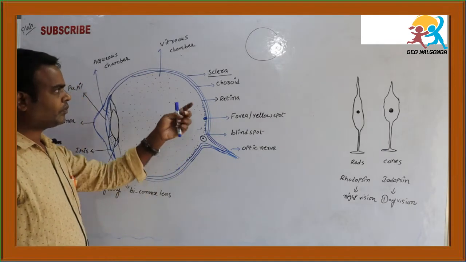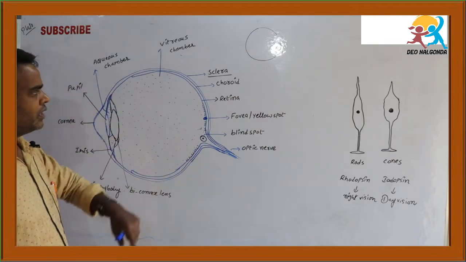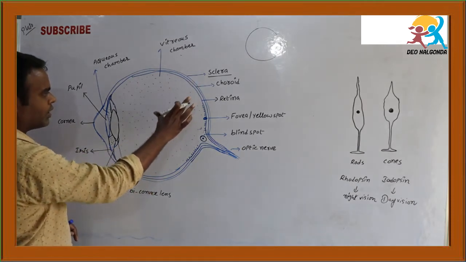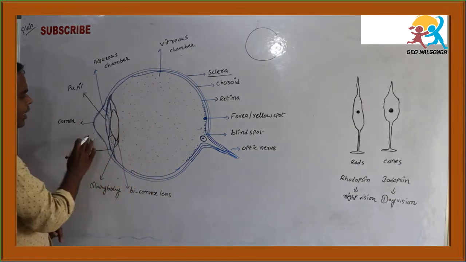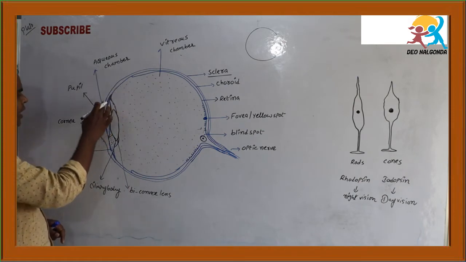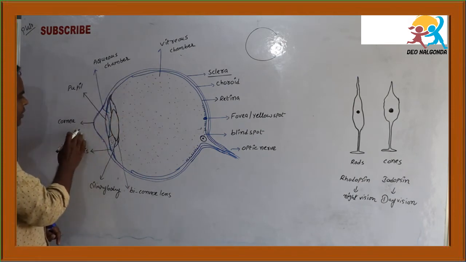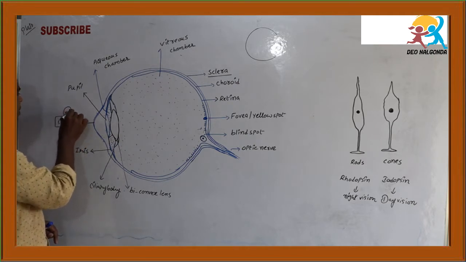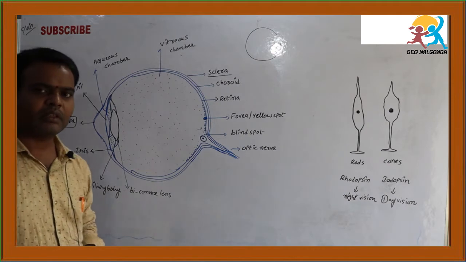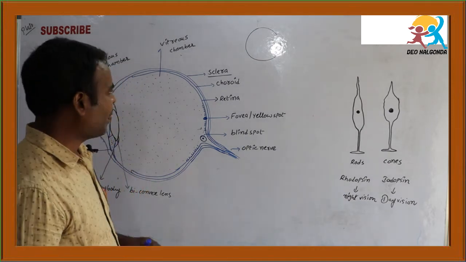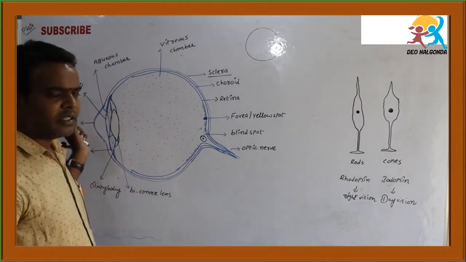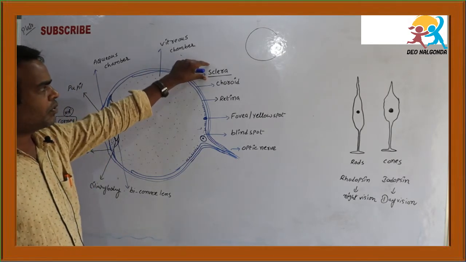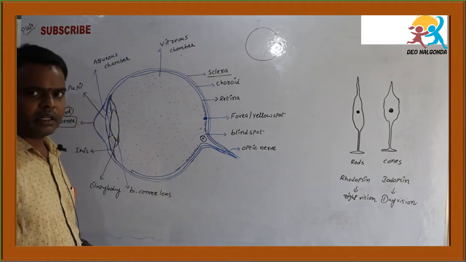Now we see the formation of sclera, means how it is arranged around the eyeball. Very simple, the sclera is the toughest layer, it protects the eyeball, and when you observe the anterior part of the eye, it overlaps the eyeball and it is projected out and it forms the cornea. So this is very important. Cornea is the part of the eye that is removed in eye donation. So cornea is the structure formed from the outermost, the tough layer, the sclerotic layer.